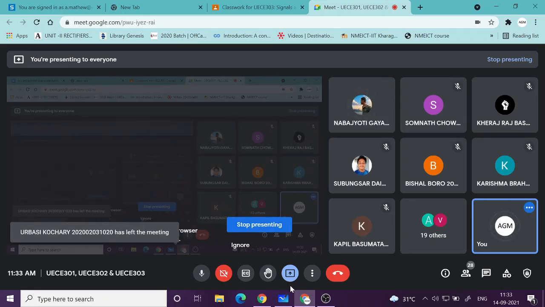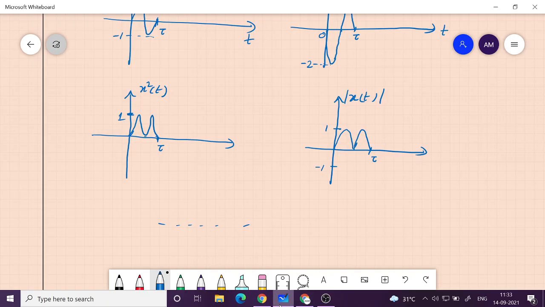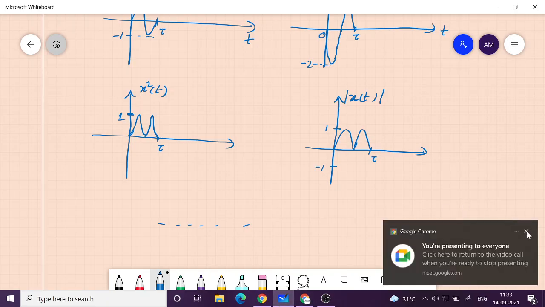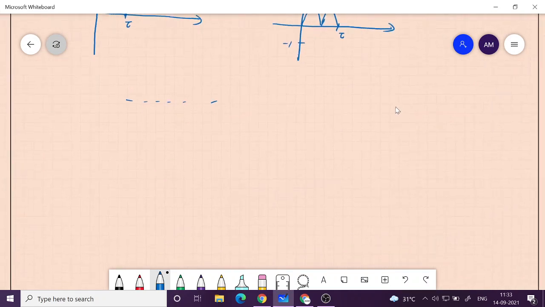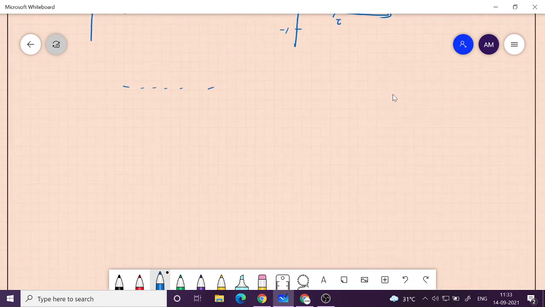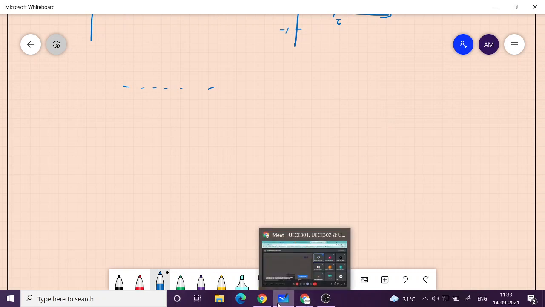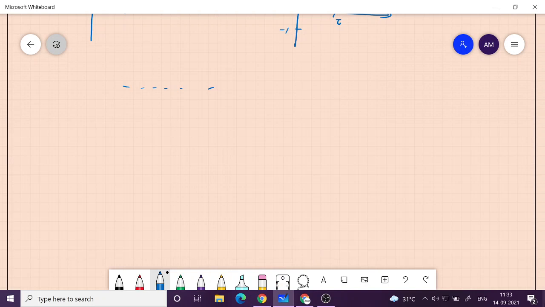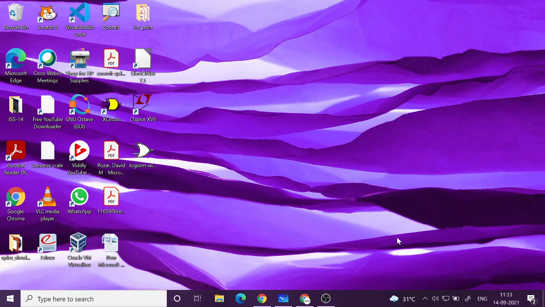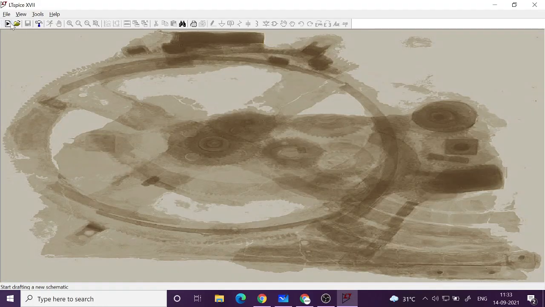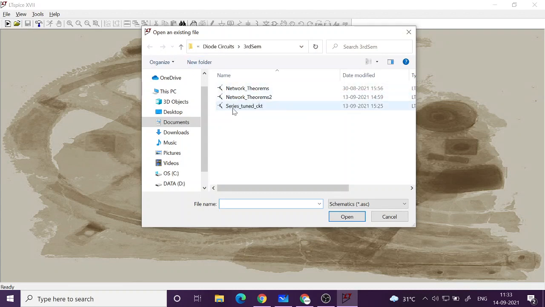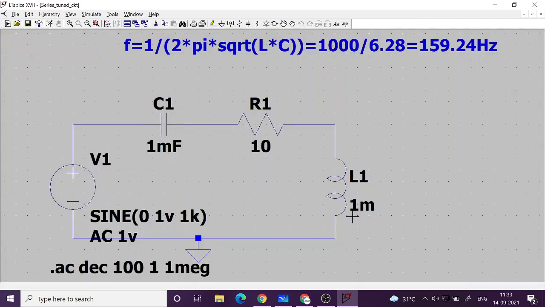Sir, can I ask a doubt related to yesterday's lab class? Okay, yes. Regarding the capacitor part, the graph which you plotted in the simulation. There, initially the value of the voltage is increasing, which means the capacitor is opposing the AC source. What is the reason for that? As far as capacitive reactance is concerned, it should not block. You are talking about the current, this one, right? Yes, sir.